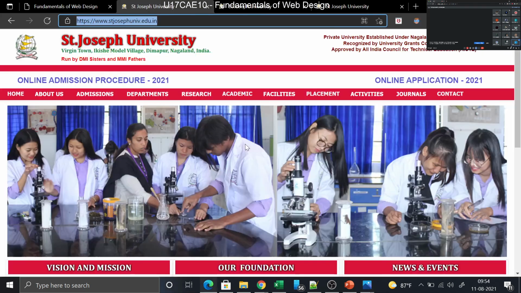Doesn't matter if it's so ugly or not. I want only the structure. So try to recreate the maximum of this particular web page. Don't use any editor. Don't use something fancy. Use only the tag. Use only Notepad to recreate the same. This exercise is for you to study the tags. Okay, not to make a very beautiful web page.